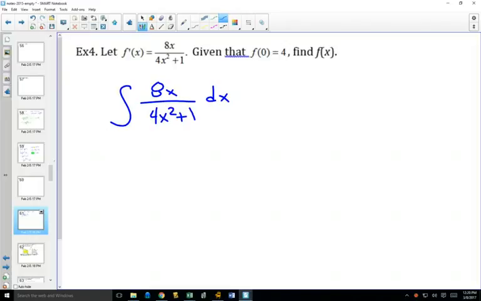Do I see an inside function and do I see an outside function? This function is inside a 1 over x graph. And if I let u equal 4x squared plus 1, then du,